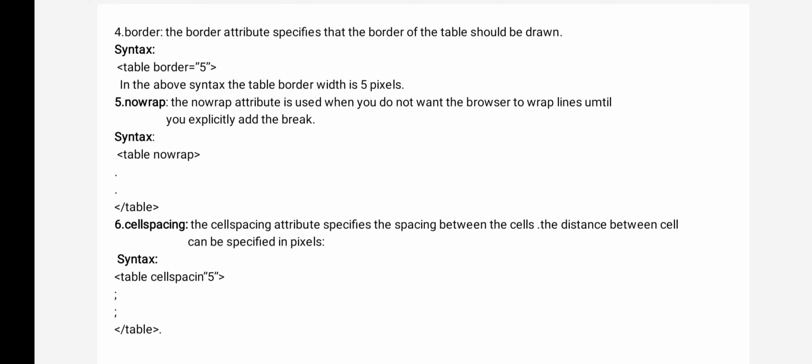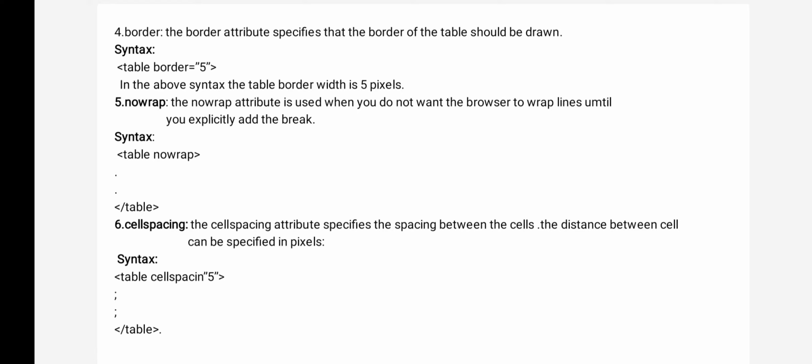But this border color attribute is dependent on the border attribute, because if there is a border, then you can give the color. If there is no border, there is no need to give the border color. That is why here I have not given it, but in the practical part I will explain how to give a border and how to give a border color.